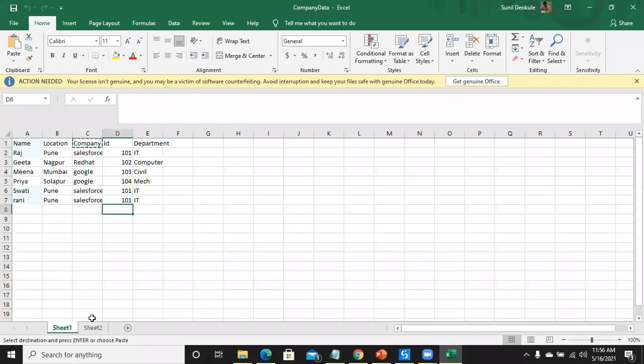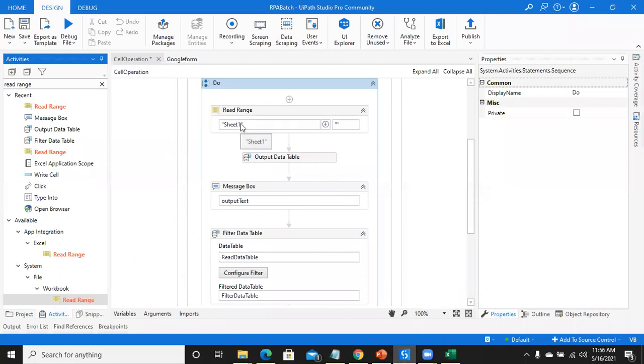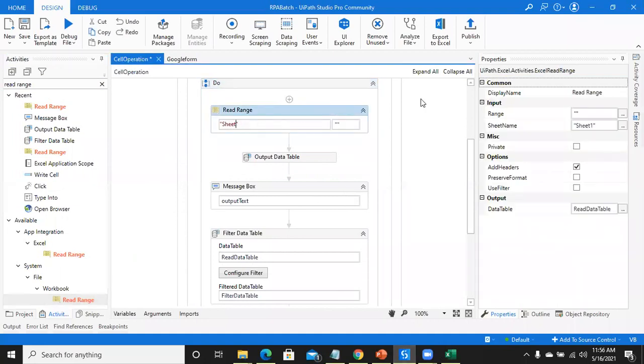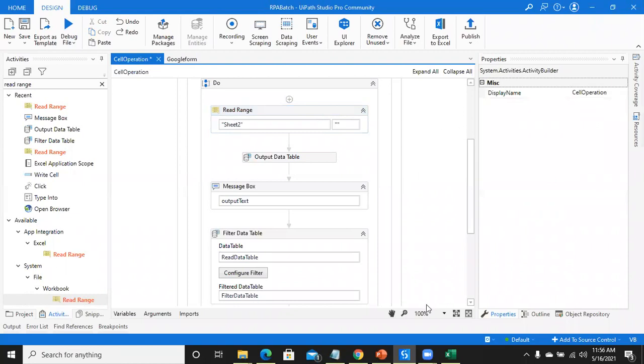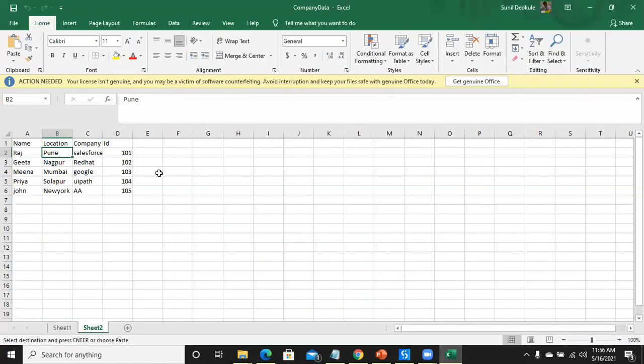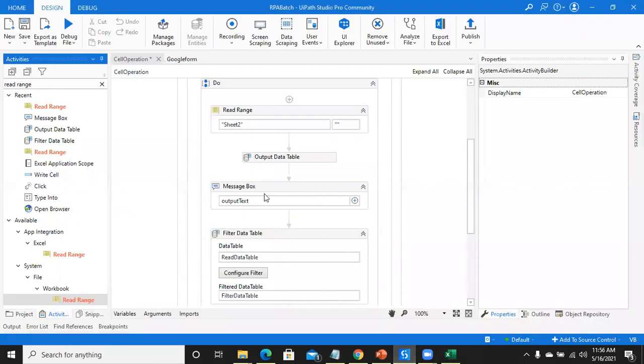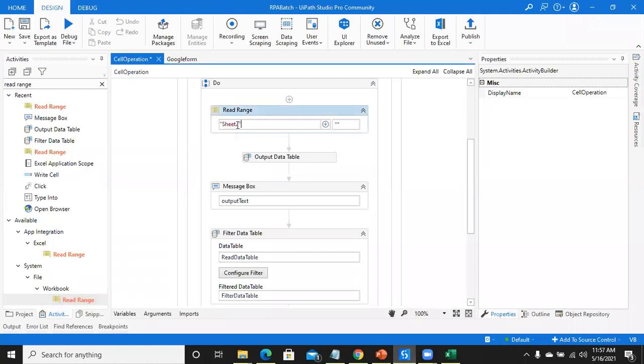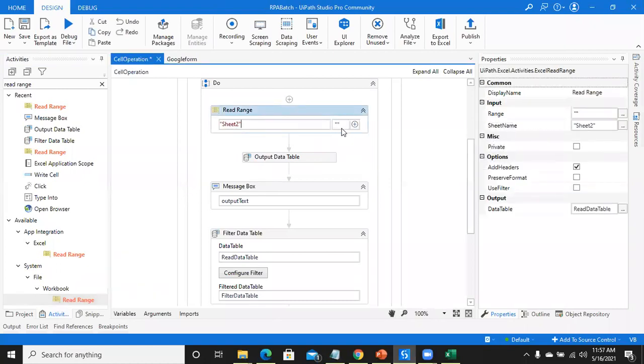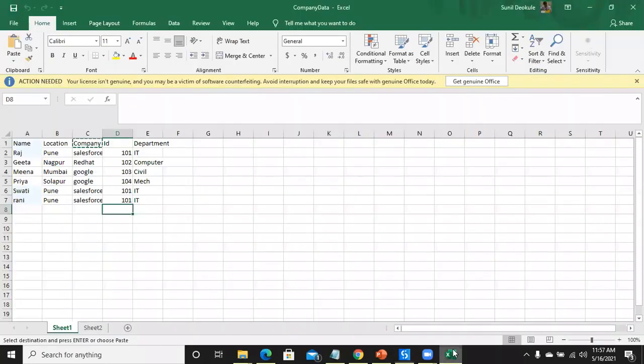If I want to read sheet 2, I should specify the sheet name as sheet 2, which means my sheet 2 values will be stored in my data table. Since I want to store sheet 1, I have specified sheet 1. That is the first task. Then the second task: you want to give the range. Range means which values you want to read.